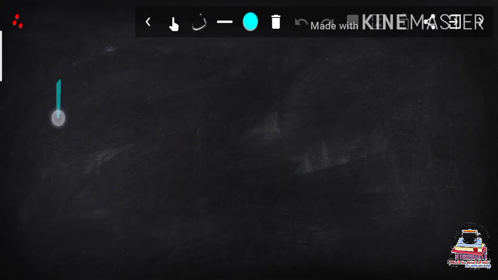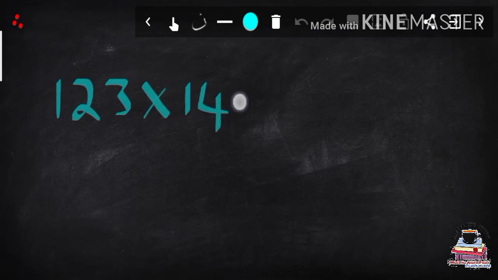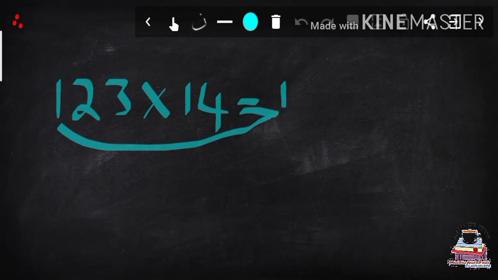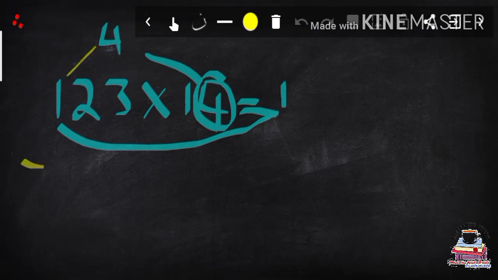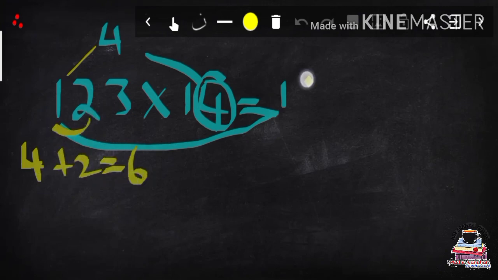Again, now let us look into one more example to understand it clearly. Here I am taking 123 into 14. Take the first digit of the given number as the first digit of the answer, and to get the remaining digits, multiply them with 4. Here I am multiplying 4 with 1, that is equal to 4, and then sum up with the next digit, that is 2, and I got 6.